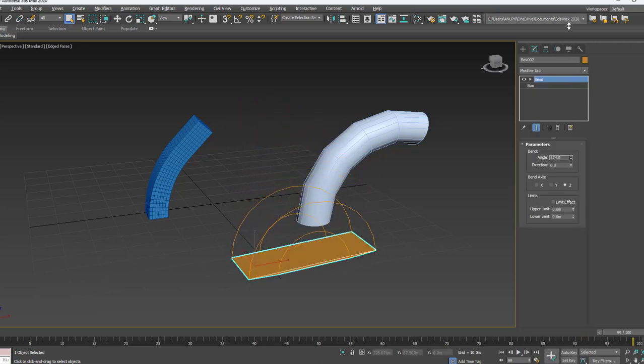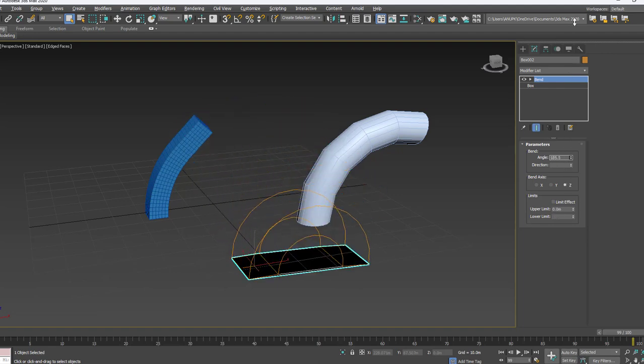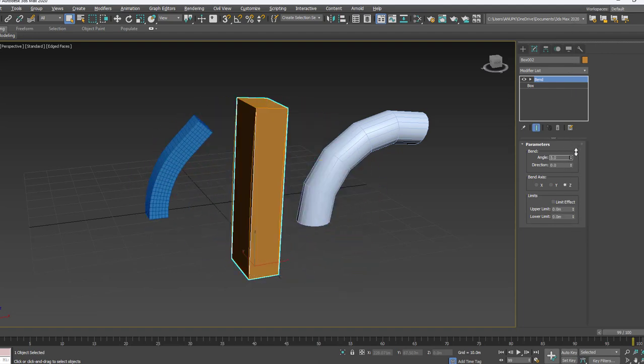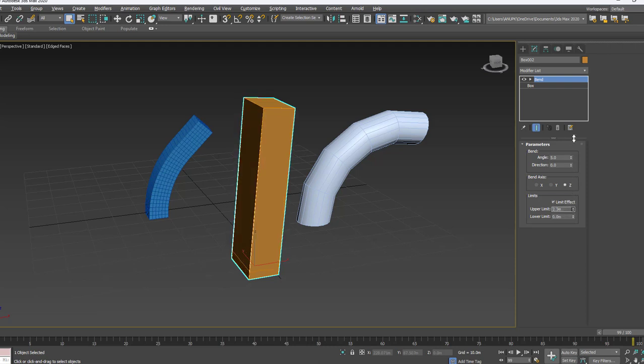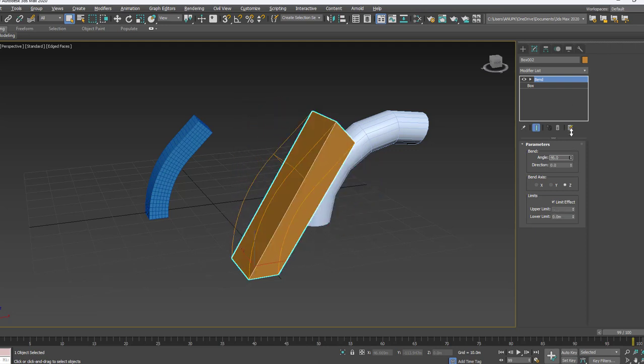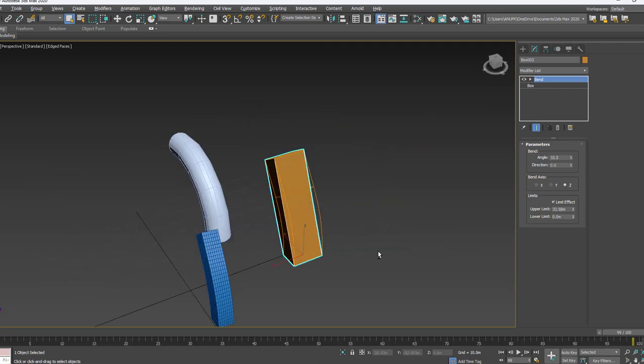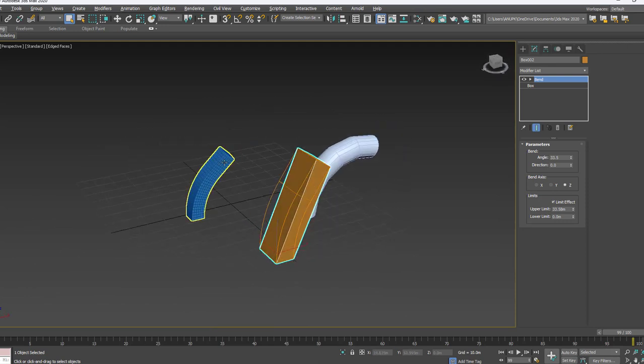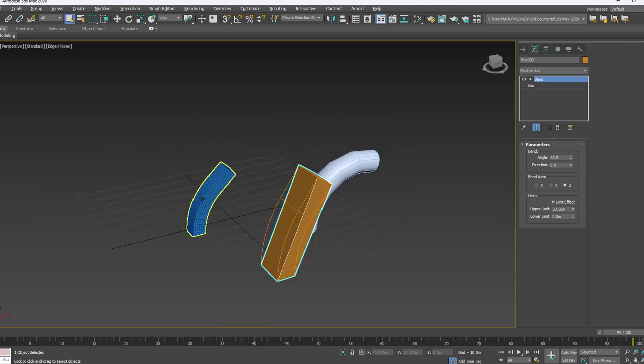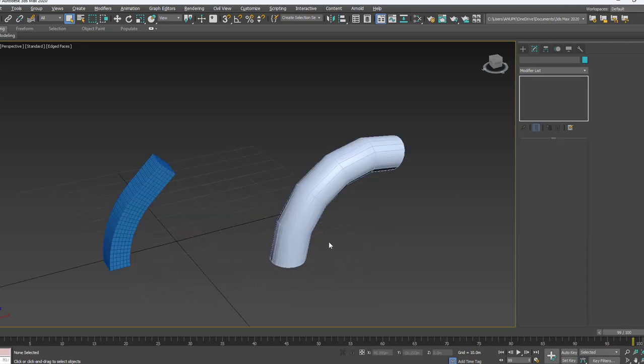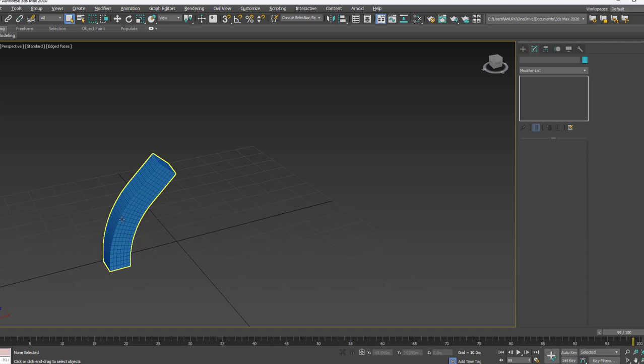If I am increasing it, the whole portion is bending and we are not getting the particular shape. And even in the limit also you feel the same thing. Limit it and then bend it. So make sure you are increasing the number of segments along the x, y and z direction, that is length segment, width segment and then height segment. Depending on the requirement, you go with the particular shape or geometry to operate with the bend command.